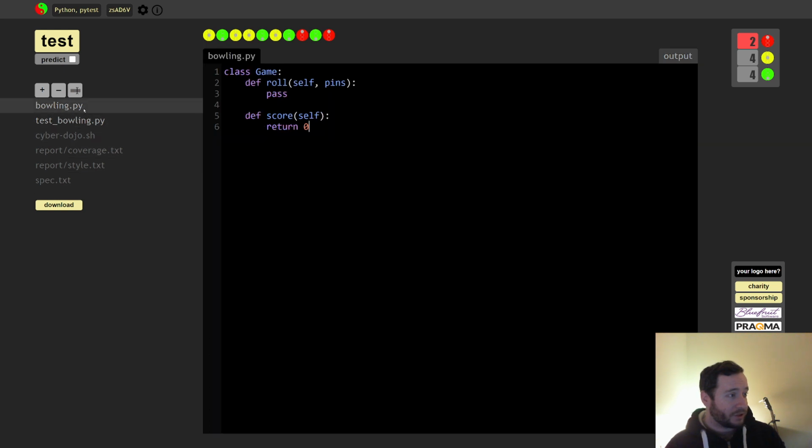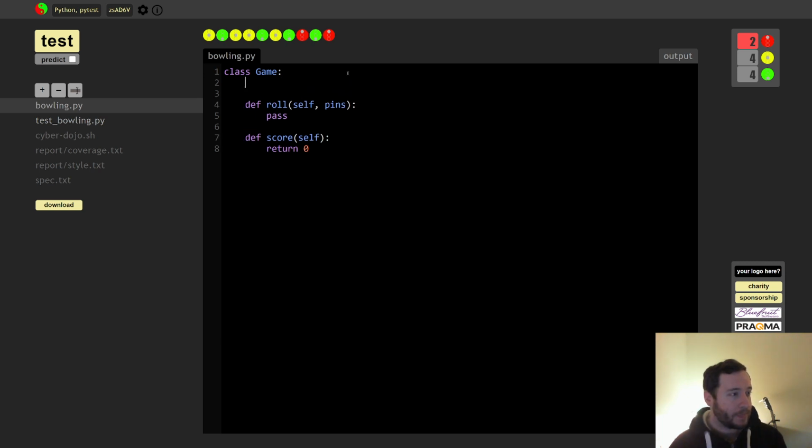So now we have to look at the code and figure out how to distinguish between the two. So in one case, roll is called 20 times with 0, and we want the score to be 0. In the other case, roll is called 20 times with 1, and we want the score to be 20. So simplest way to make that pass would be maybe